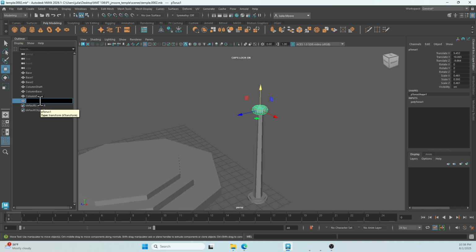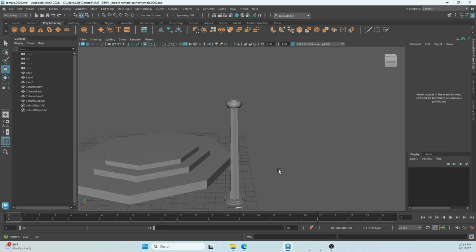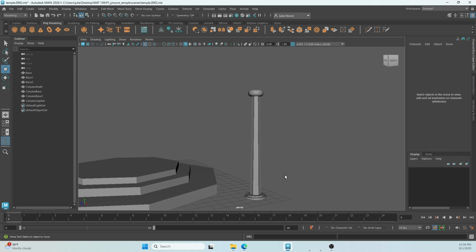I think my caps lock is on. Let's see. It was column, capital. Let's hit enter. So we have all the parts of our column, but let's now group them all together because